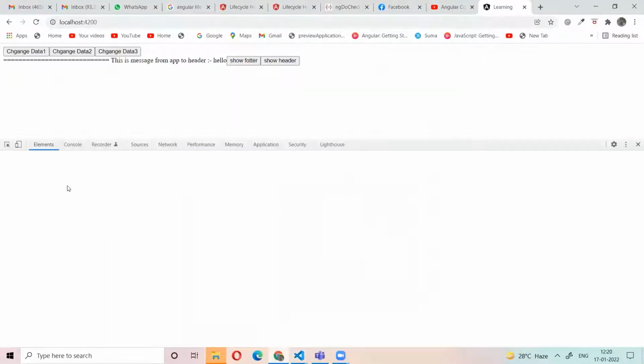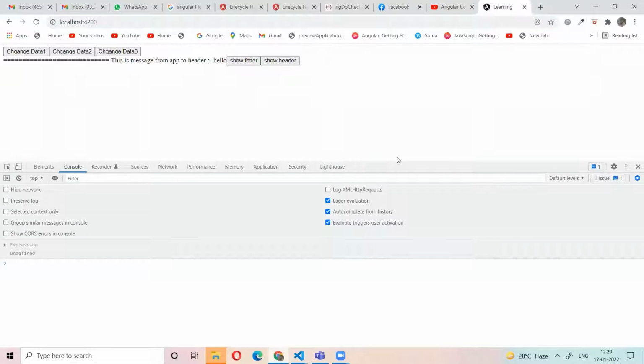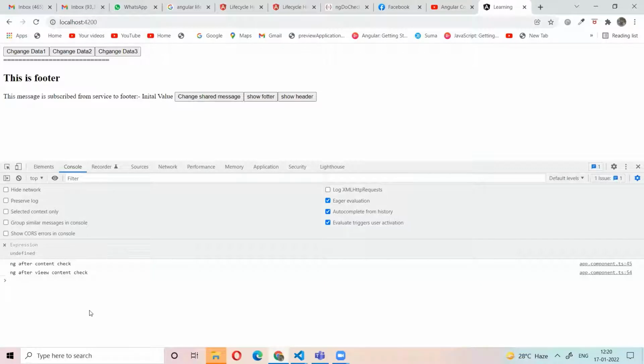Okay. So what happens if you click the show footer? The header component is destroyed, so the ngOnDestroy method in the header component will be called. Let's see. If you click the show footer, it's not printing.